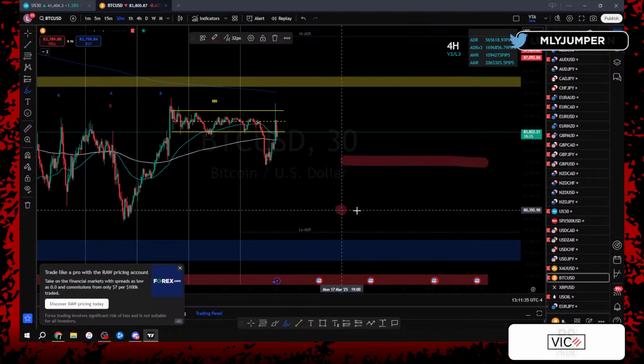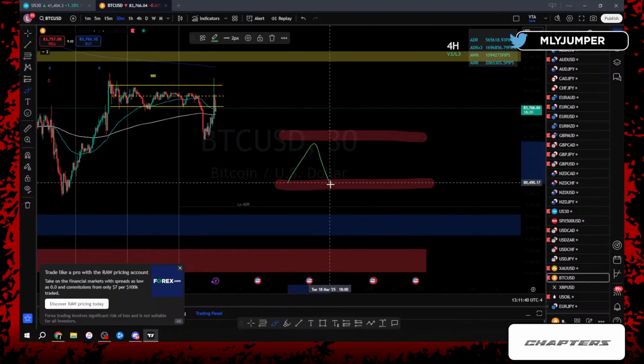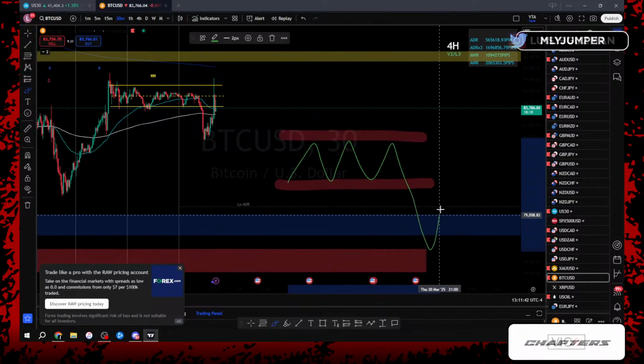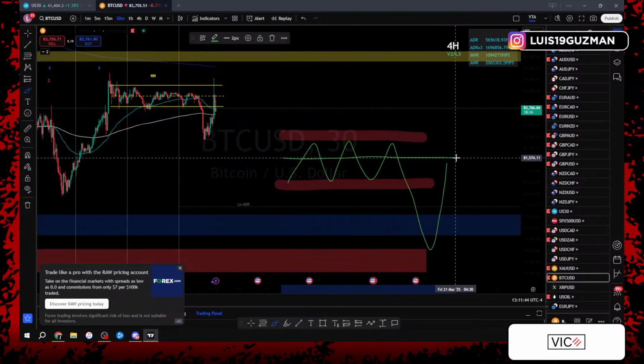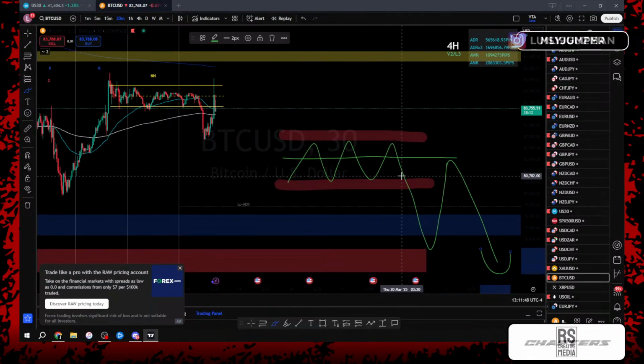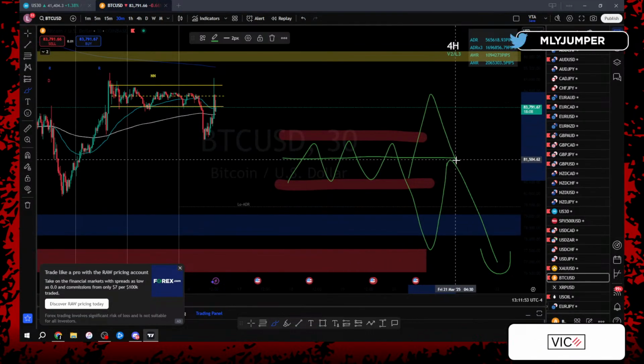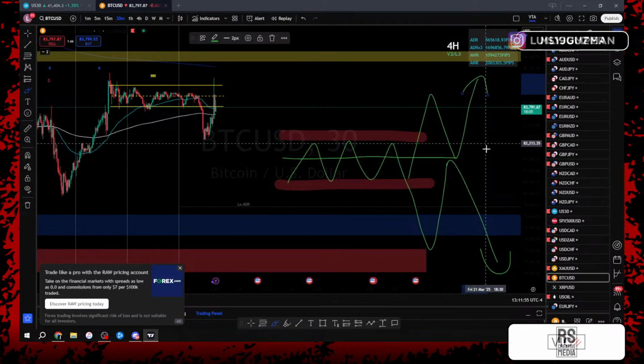A type 3 pattern. What is a type 3 pattern? A type 3 pattern is when price consolidates, gives you a break, comes back 50% of the zone of consolidation, and then goes back down, or vice versa. That's for the downtrends. For the uptrend, it's the same thing: when price consolidates, breaks up, comes back 50% of the zone of consolidation, and then goes back up to the